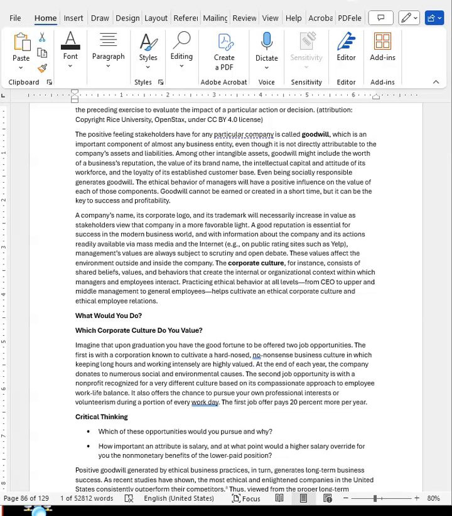Critical thinking. Which of these opportunities would you pursue and why? How important an attribute is salary, and at what point would a higher salary override for you the non-monetary benefits